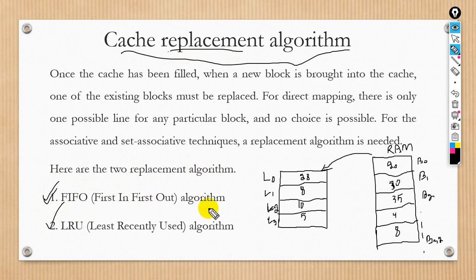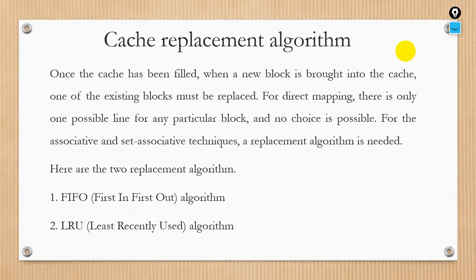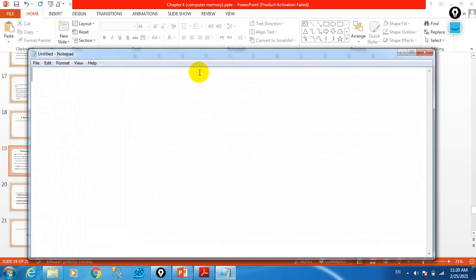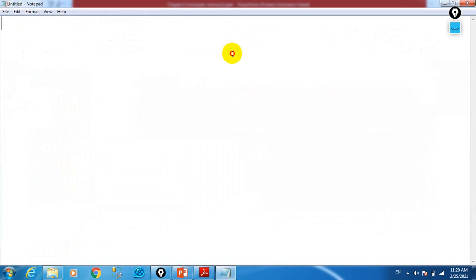FIFO algorithm, first in first out, and LRU, least recently used algorithm. Now let me discuss these two algorithms for the replacement of RAM or main memory blocks in the cache memory. Let me explain these two by giving an example, so then you will understand this. First of all, how the